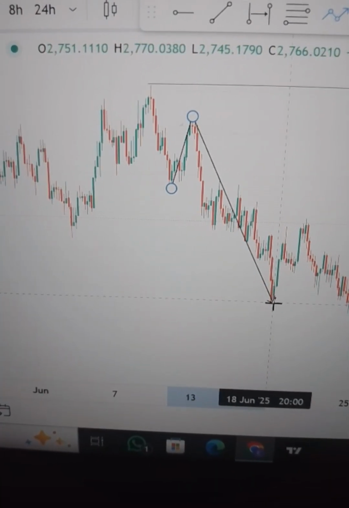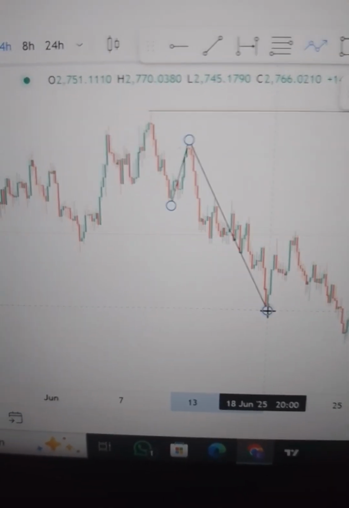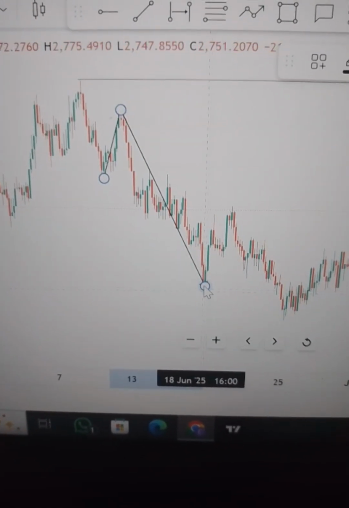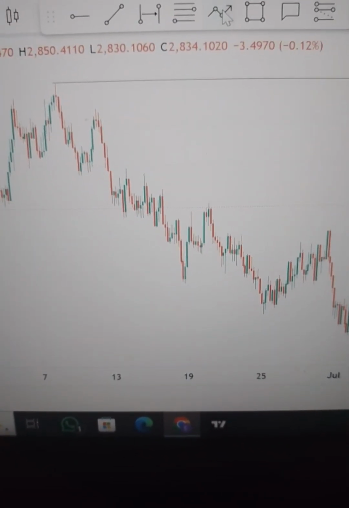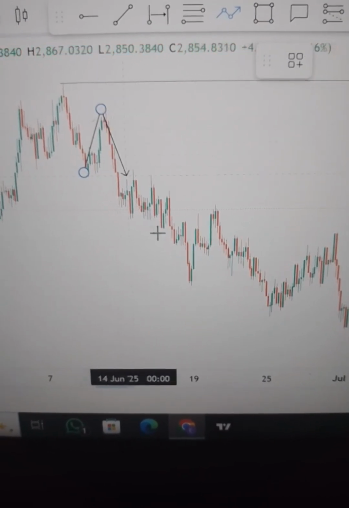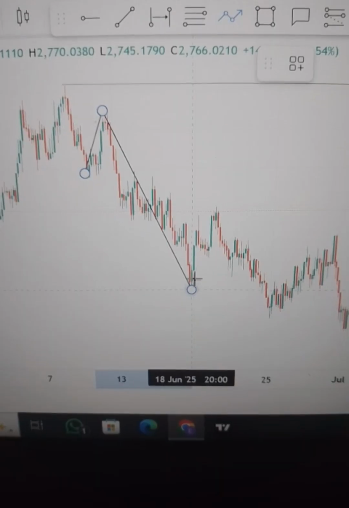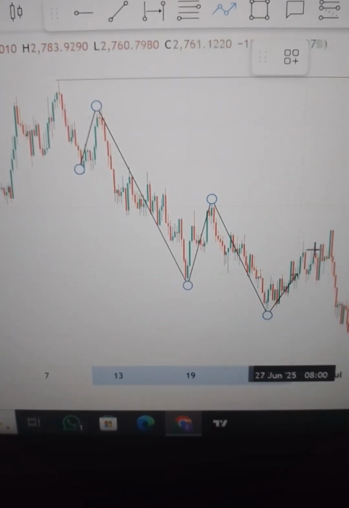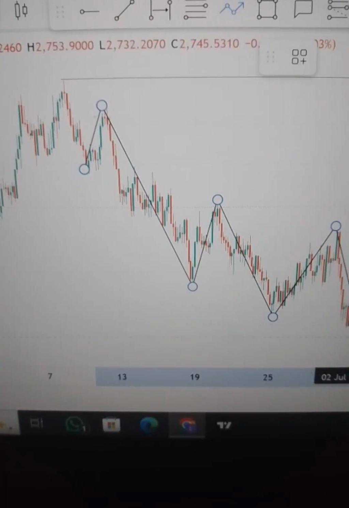This is one candlestick, that's one movement, that is it. Now the market goes up, higher, lower high, lower low, lower high, lower low, lower high, lower low,